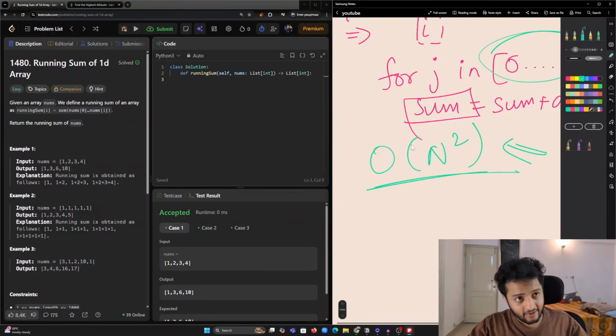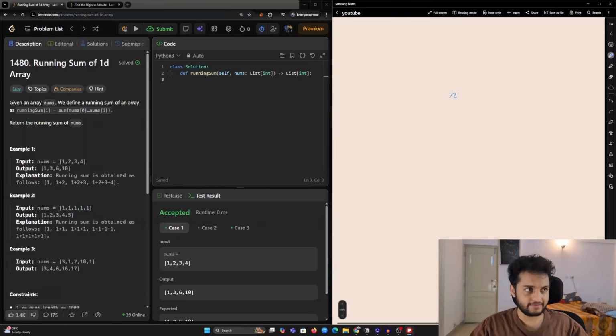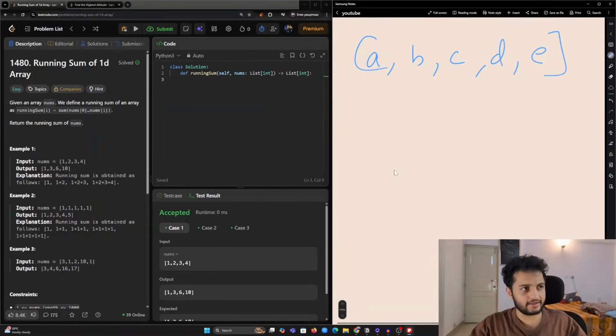And that is the entire concept of how prefix sums are made. So let's understand it deeply. Just for generality, let's say we have an array A, B, C, D, E. This can be anything. And we are making a new array called prefix sums. The first element will always be equal to A because there is no other element before it. Now I need to calculate the second value.